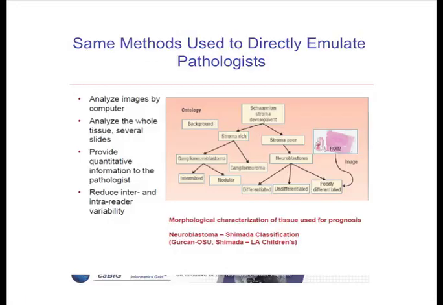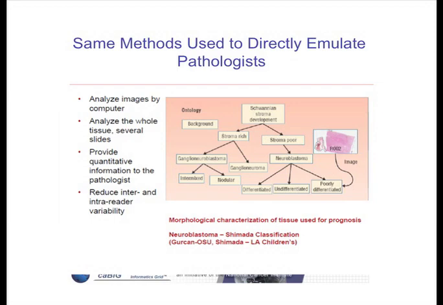So I'm going to switch contexts a little bit to similar methods, but a different problem, and especially since I'm visiting a children's hospital, it seemed important to have a children's disease, especially since we worked with Hiro Shimada on an analogous problem with neuroblastoma. Hiro Shimada is the god of neuroblastoma pathology classification. He's at LA Children's, and by a striking coincidence,